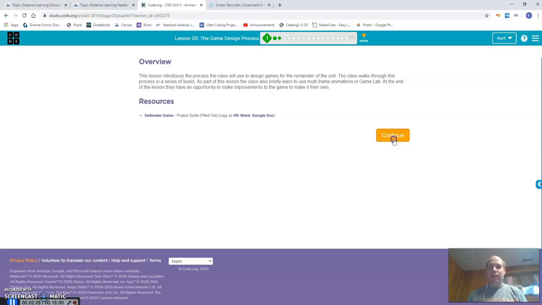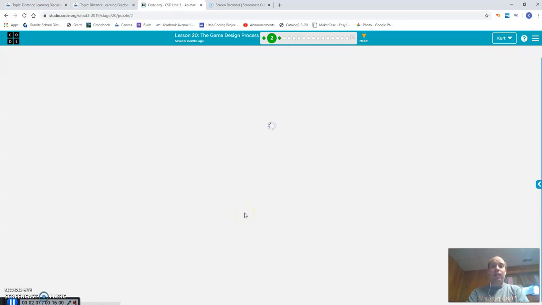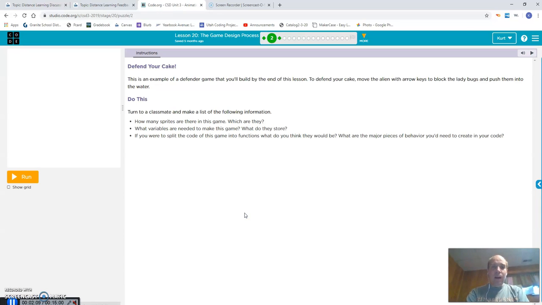I'm going to probably break this down into 5 or 6 different parts throughout the day today. So this is the game that you're going to be creating. It's called Defend Your Cake. This is an example of a defender game that you'll build by the end of this lesson. To defend your cake, move the alien with the arrow keys to block the ladybugs and push them into the